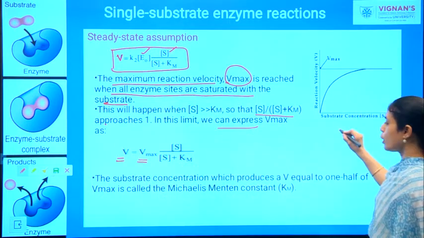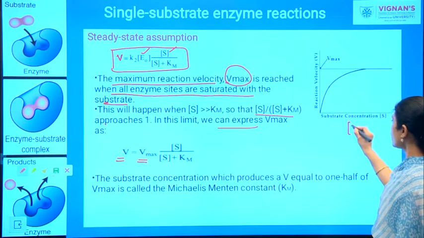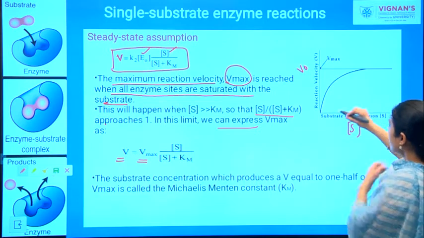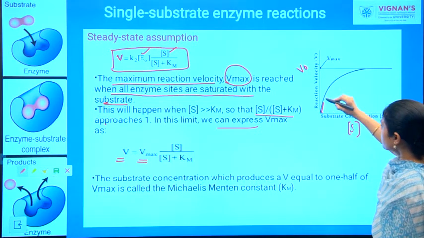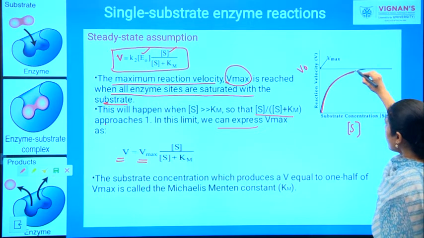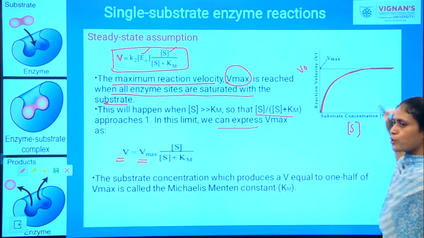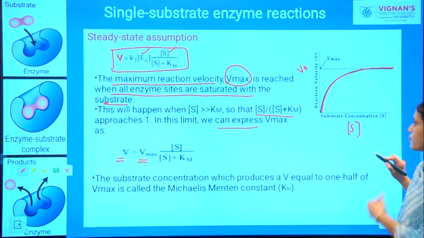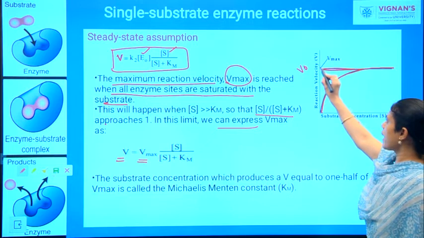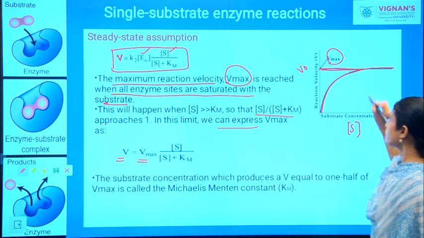Here I will show you. If you plot a graph between the concentration of your substrate and the velocity of reaction, at the initial stage of the reaction the curve will be linear, and as the concentration of substrate gets higher, you are going to get a rectangular hyperbola. The reaction velocity will reach a maximum here, and we are designating that point as Vmax.